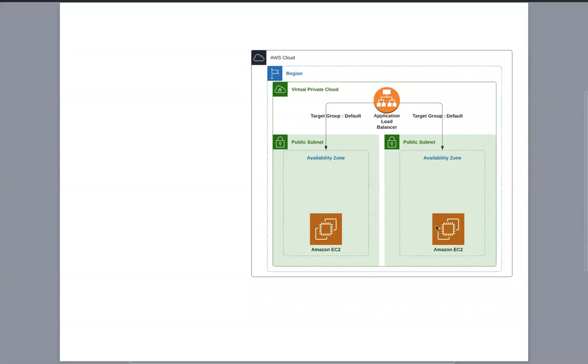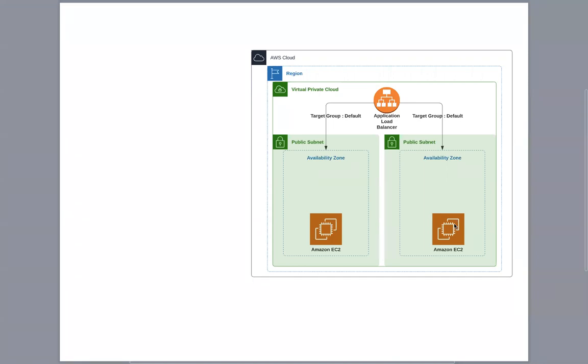And these EC2 instances will be spawned up from the AMI that we created in the previous lab. I told you that we will be reusing that AMI. So we are going to spawn these EC2 instances with that AMI, and we are going to configure the load balancer, which is of type HTTP load balancer, because we are exposing our web application on HTTP on both of these EC2 instances. So we are not using HTTPS anywhere. That is for another lecture. So we are going to use only HTTP over here.